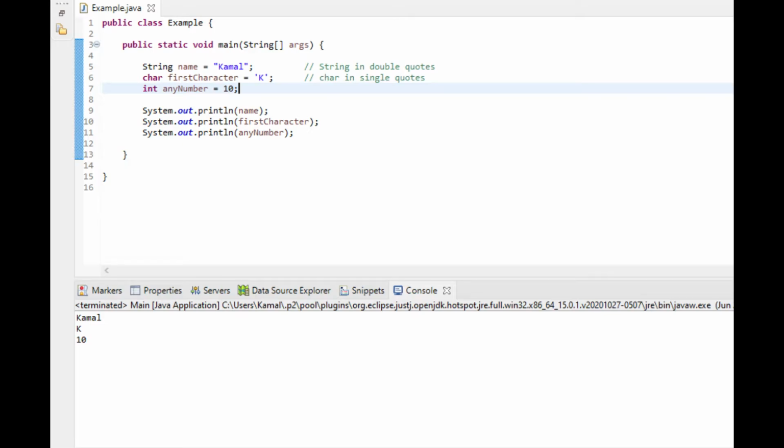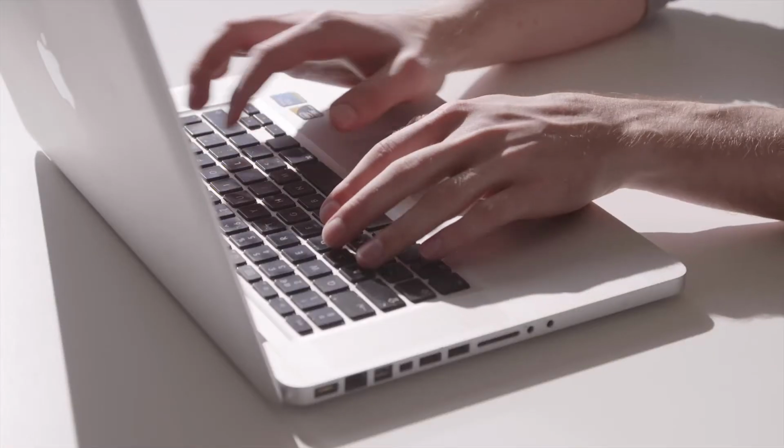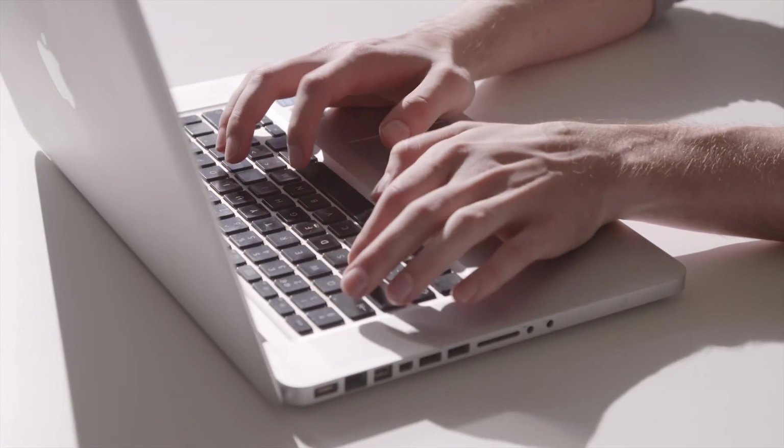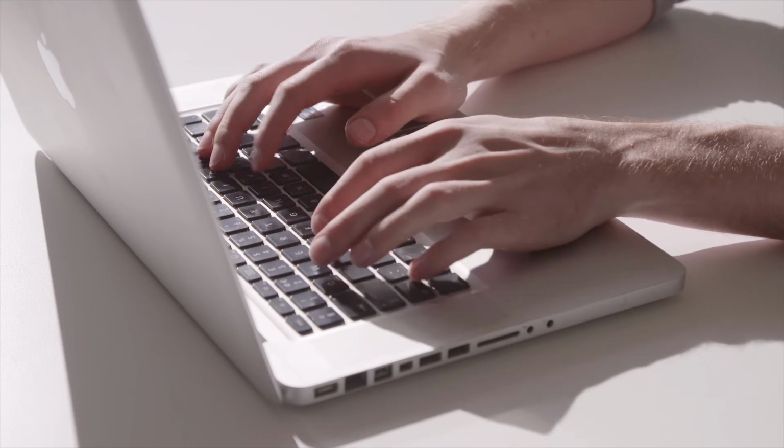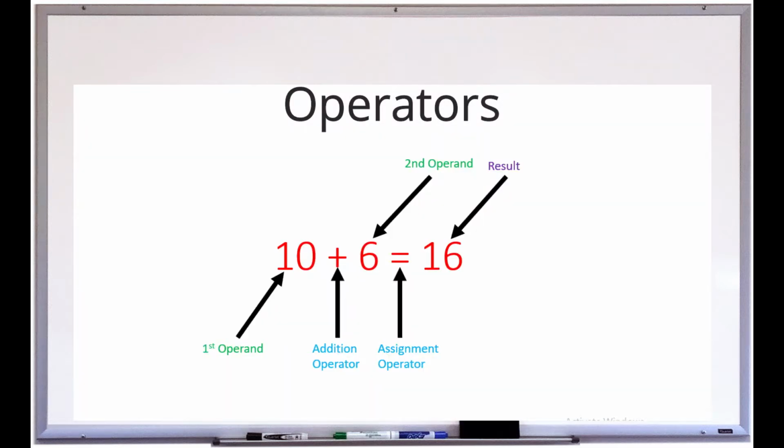We have already learned how to declare variables and assign them values. Now, what to do with them? Let's play a little with those different types of variables by using operators. Operators are those special symbols which can perform certain actions on 1, 2 or 3 operands and then return a result. Some of these we already know and the rest we can understand with examples.